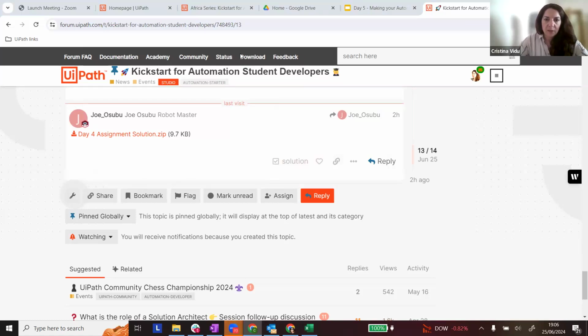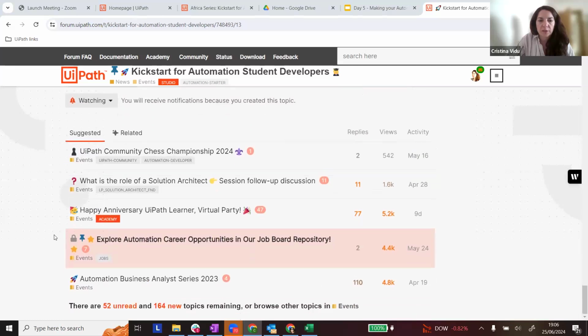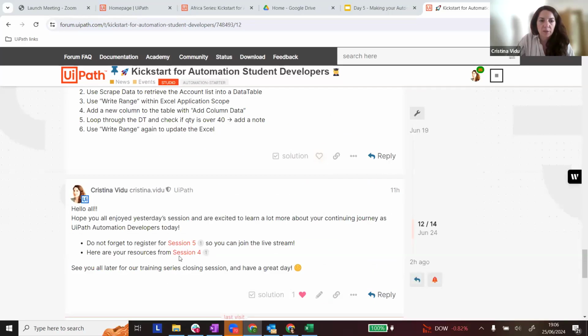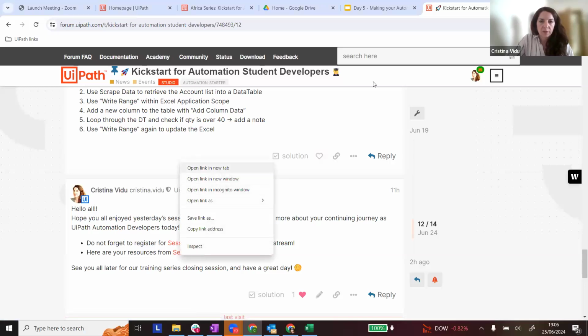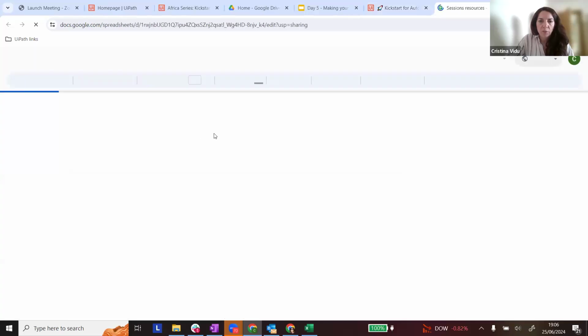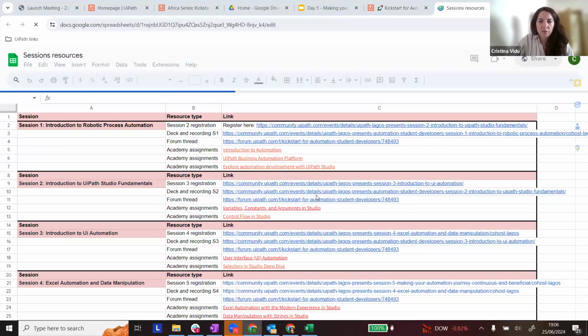And keep it handy because you will be using this in the future as well. This is where you will find all the information from now on, where we will communicate with you. You will also receive by email, but if you watch the UiPath forum thread, you will see daily updates on it. See, you have here the registration for the next day event and the resources from the previous session every day. If you go on to resources, this link, you will find a complete deck with resources from absolutely every